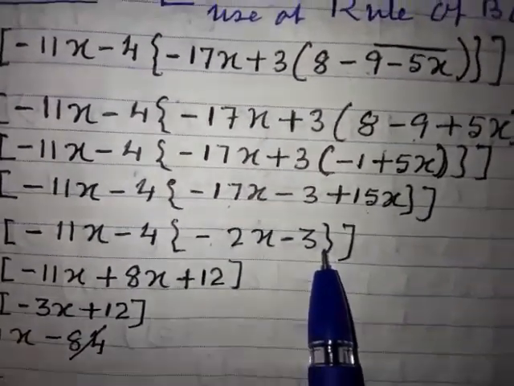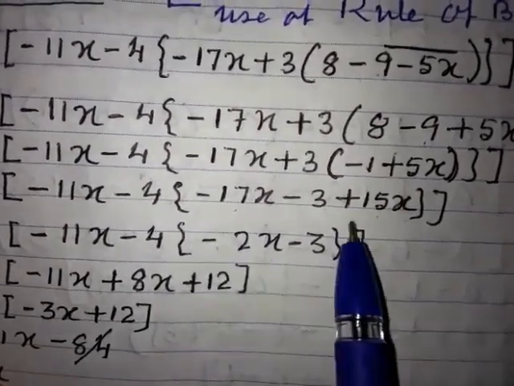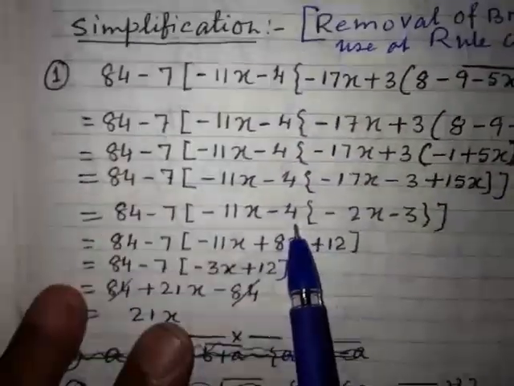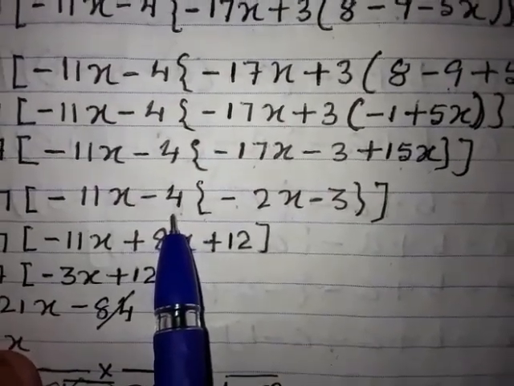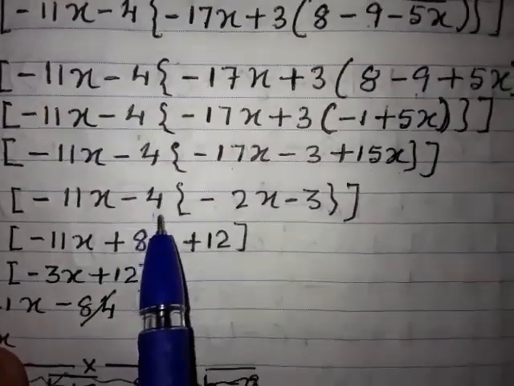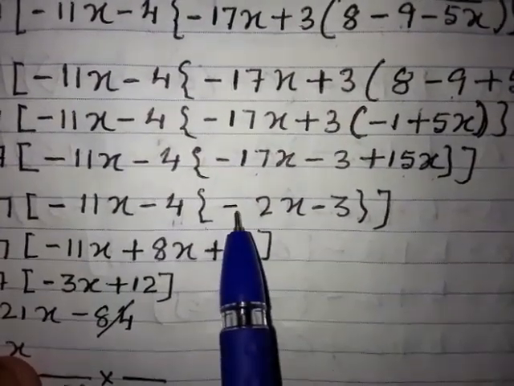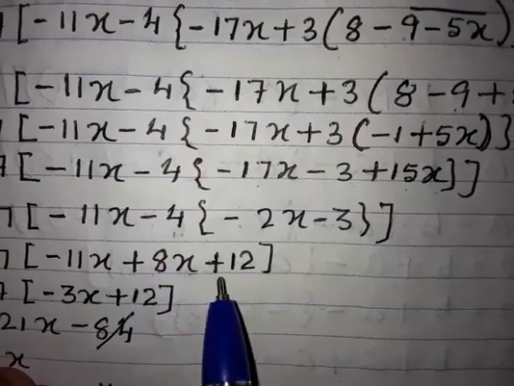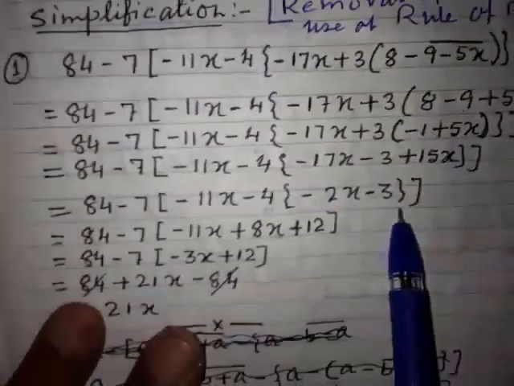Now, for the second bracket, I just did the calculation, but till now the calculation is not over, so I am unable to remove the second bracket. Now, here again you come to the second bracket. Before the second bracket, again you can see what sign is there? Minus sign. If there is a minus sign before the second bracket, whatever sign is there inside the second bracket, their sign will change. So this is minus, it becomes plus. 4 2s are 8x, again minus, minus, plus, 4 3s are 12. The calculation of the second bracket is over. I remove the second bracket.